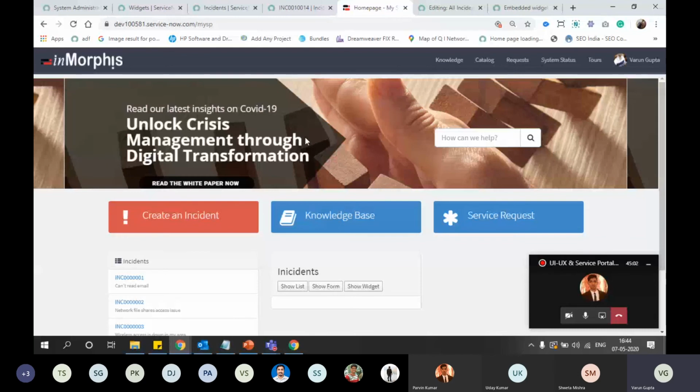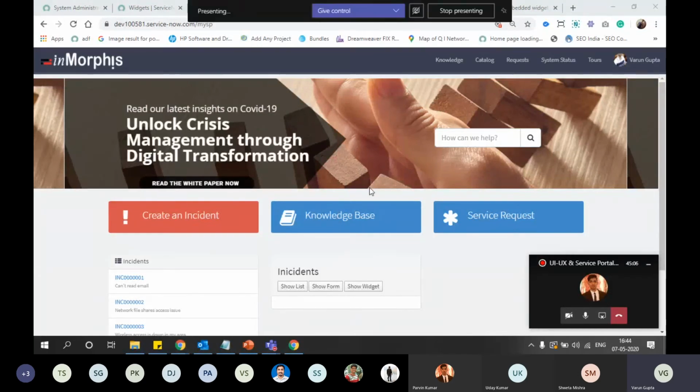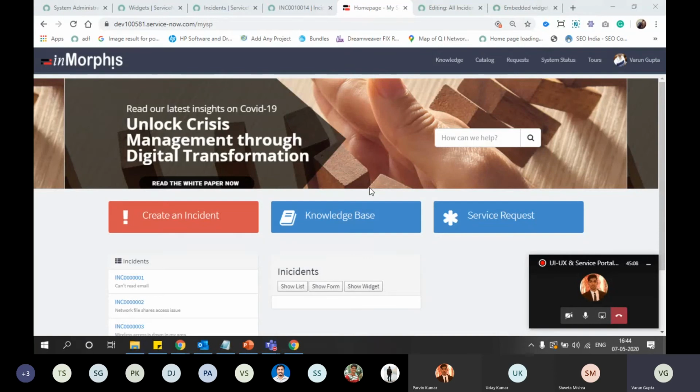For practicing, you can create this type of widget with some enhancement, or you can use some out of the box widget and enhance it with some customizations.